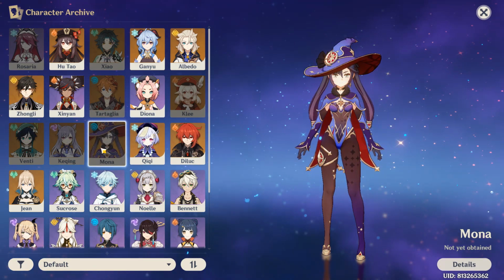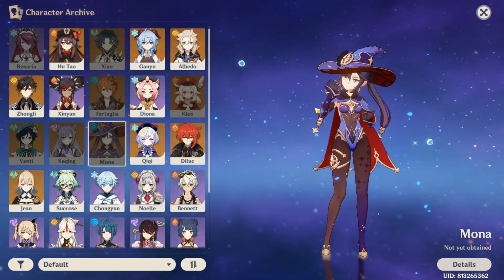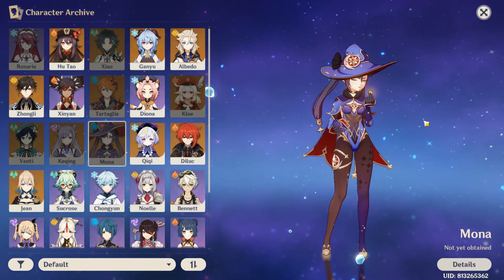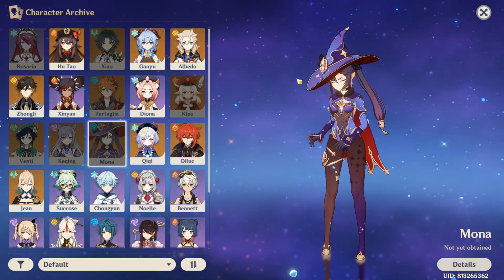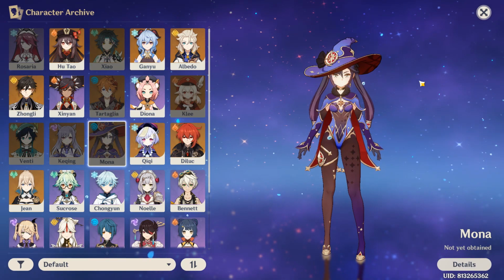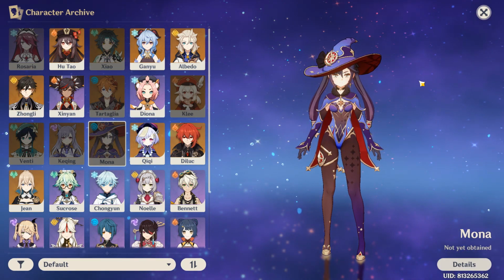For Mona, if your main is Mona, then Eula is definitely a very high priority for you. Because Mona combined with Eula probably could make a pretty dang strong freeze build, because then you can also just shatter because she's Claymore, and you just get extra damage pretty easily on top of freezing the enemy every now and